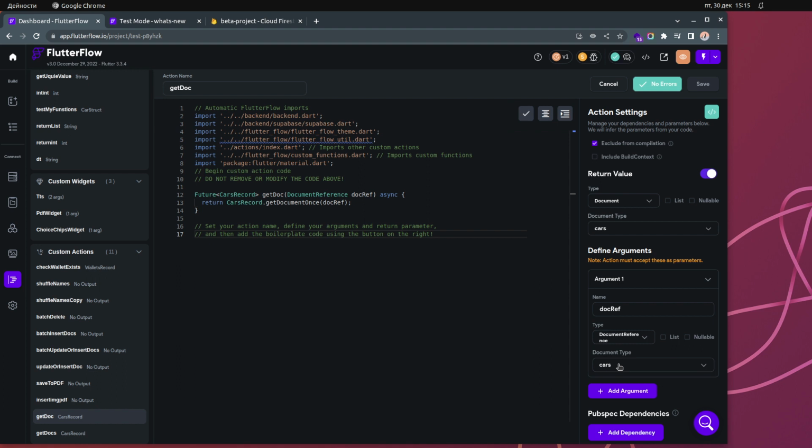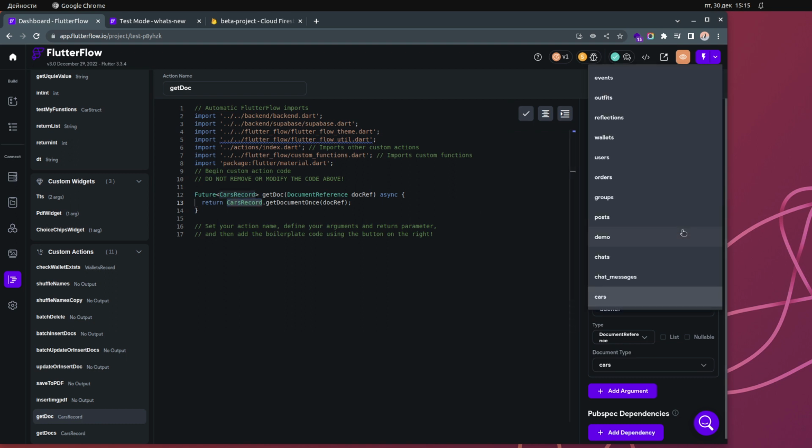Because when we're getting a document reference of a document, we should return the same document. So both those two have to be the same. And then the actual code is only one line of code, but it's very important to know that the only thing that you need to change is actually this part over here. So this is cars record. If, for example, I want to check posts